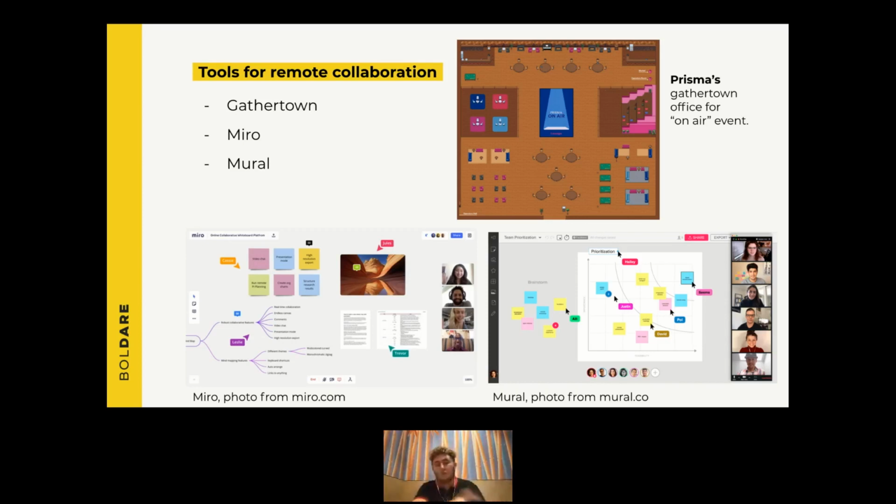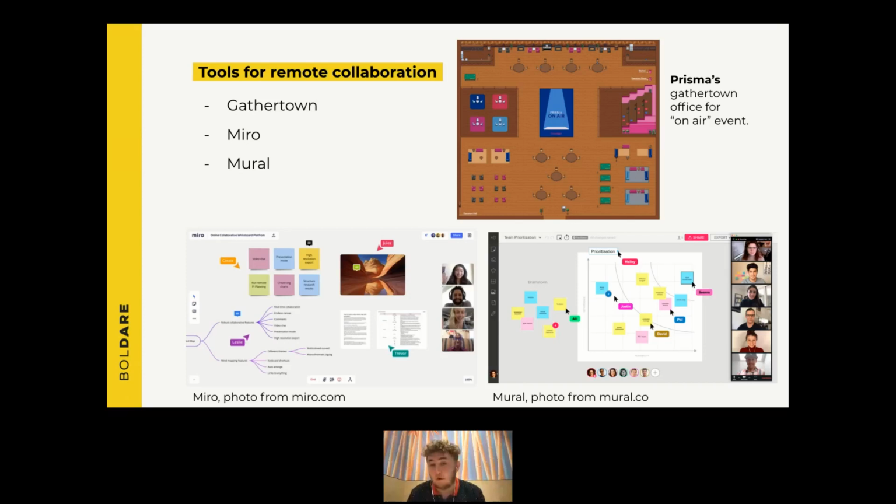So basically you can have retros there, you can have product workshops, you can do user story workshops, you can have event stormings there, you can map your domain, you can brainstorm there. So that's a beautiful, beautiful tool. Miro and Mural, your choice, which one is the best. I like both, and recently we also found GatherTown.